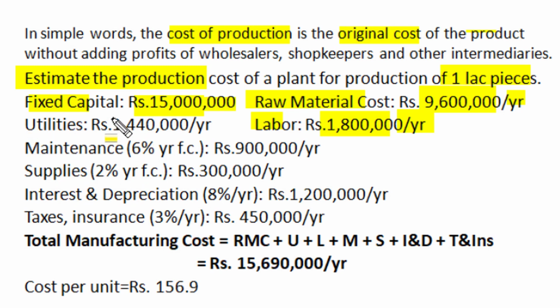We need 14 lakh 40,000 rupees per year. Now to maintain our plant and machinery for optimum operation, for maintenance purpose, it costs 6% per year of fixed cost invested, and for a fixed cost of 150 lakhs, 6% amount, that is rupees 9 lakh per year, is our